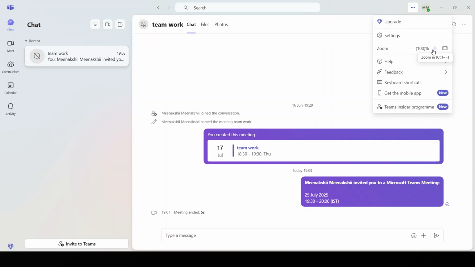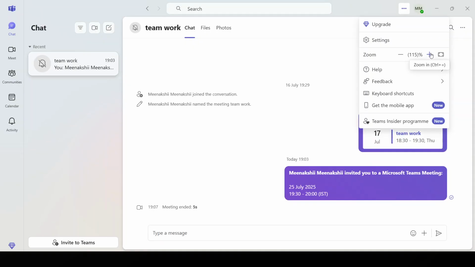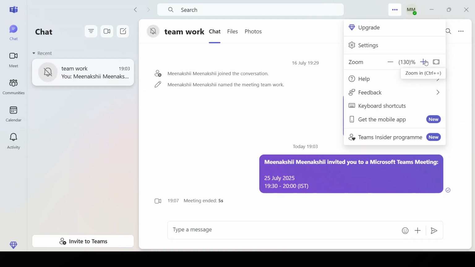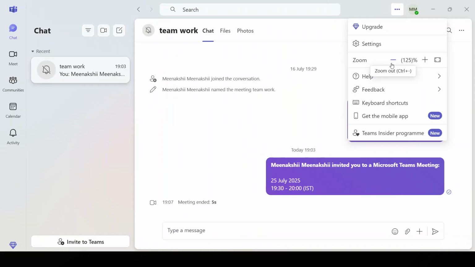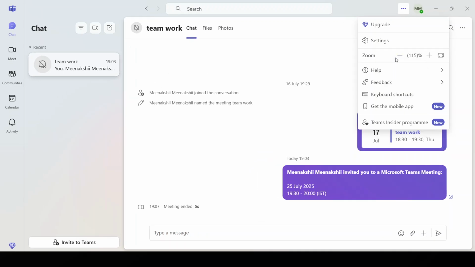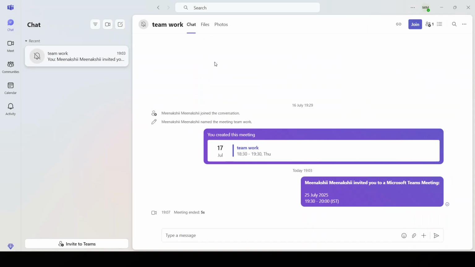After you've made your selection, Microsoft Teams should automatically apply the new font size settings. There's usually no need to restart the application, but if the changes don't appear immediately, a quick restart can help everything refresh. Now, with your settings updated, navigating messages, tasks, and other text elements in Teams should be much easier